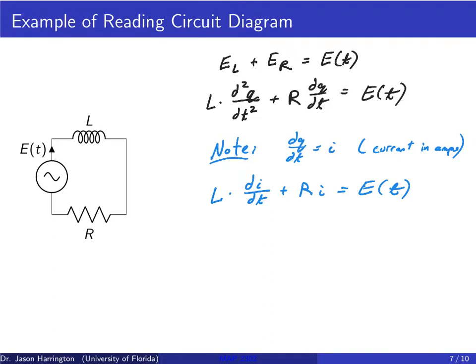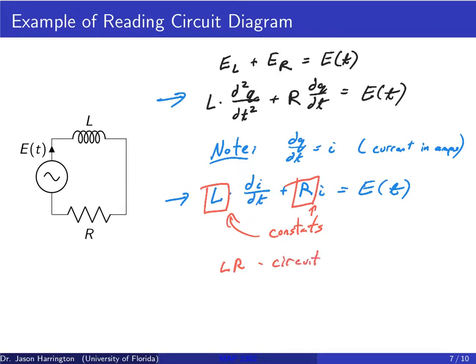And you're going to learn how to solve this later on, that's going to happen next week or so. This you can solve now. A lot of times they'll give that in terms of current or in amps. And remember, these are just constants. So you have a linear function with just constants. It's pretty easy to solve. And again, this would just be an LR circuit, meaning it just has an inductor and a resistor.